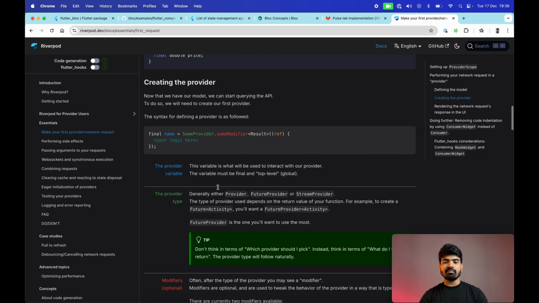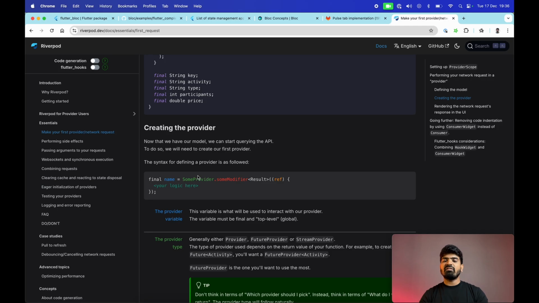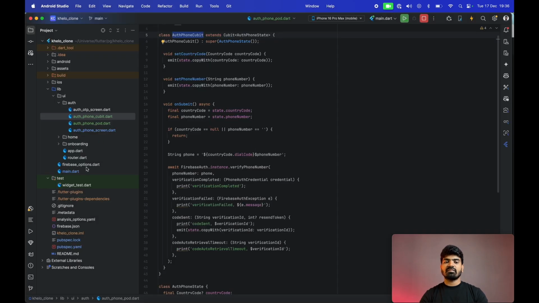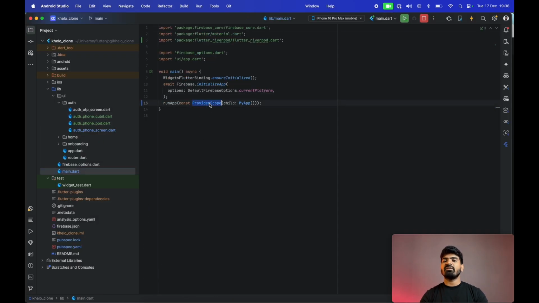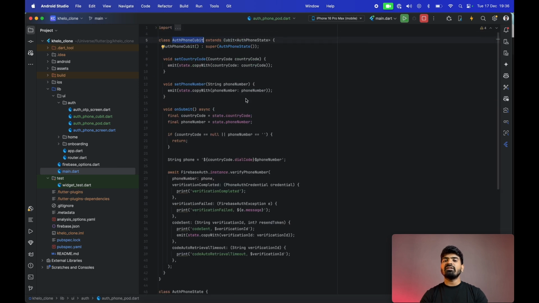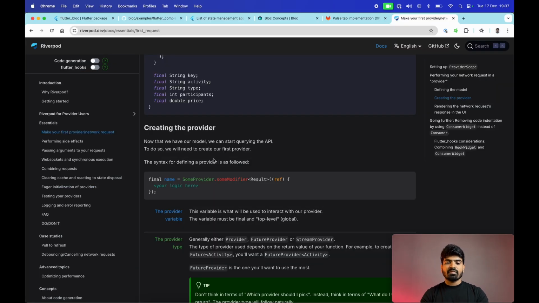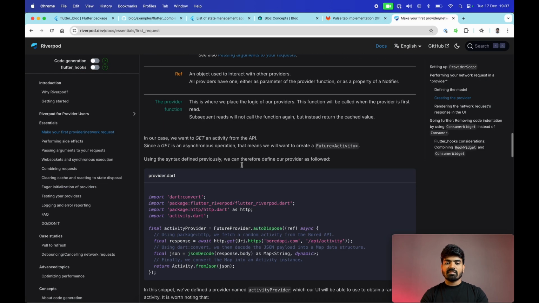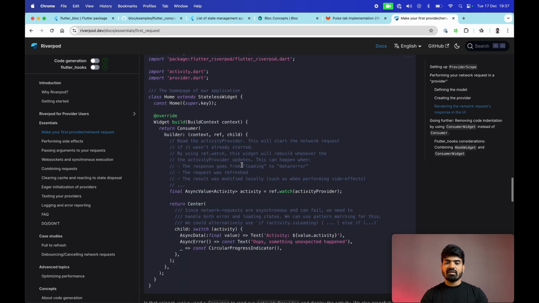So the first thing you'll always need is this scope thing, right? You will need to add the scope, and then you will need to create some providers that you can add in that scope. So what I want is, if I see the screen, then we'll probably need one provider for this auth phone state, and that provider we will access in the screen. So for that we'll need